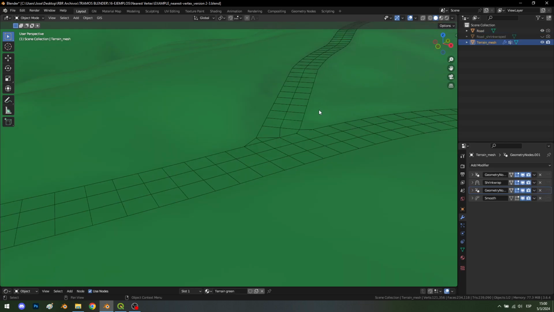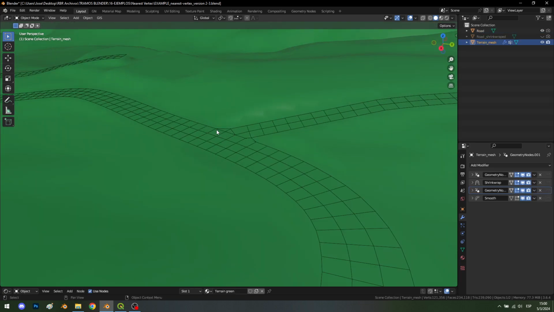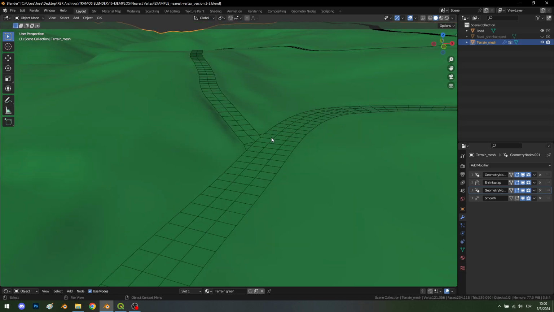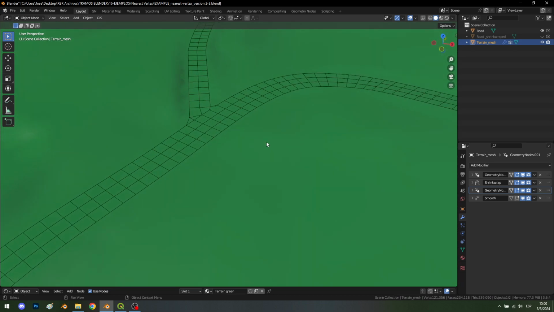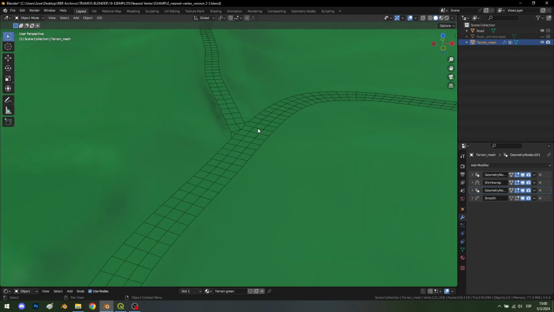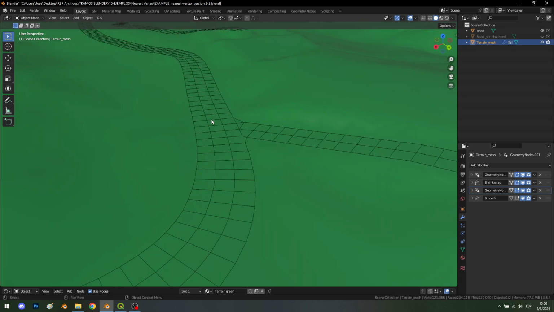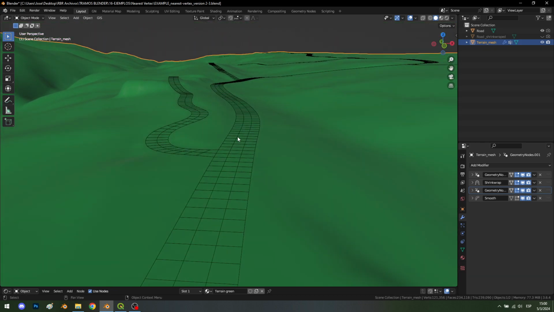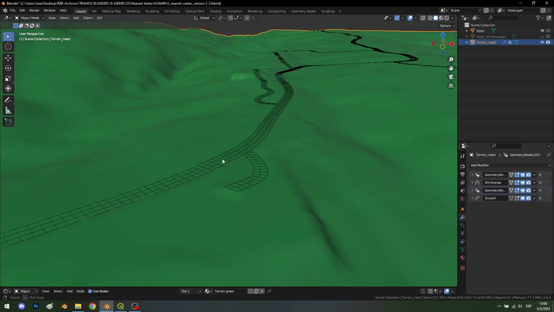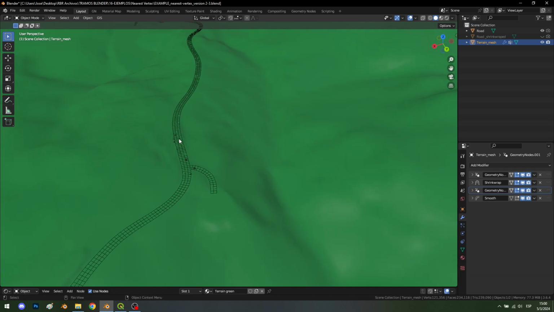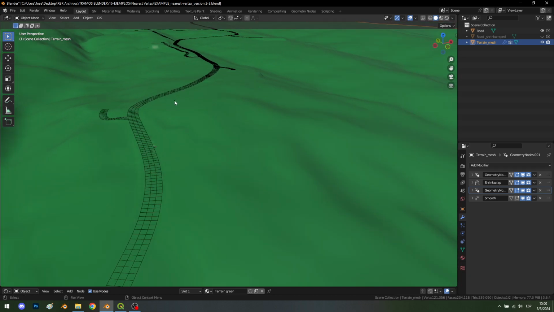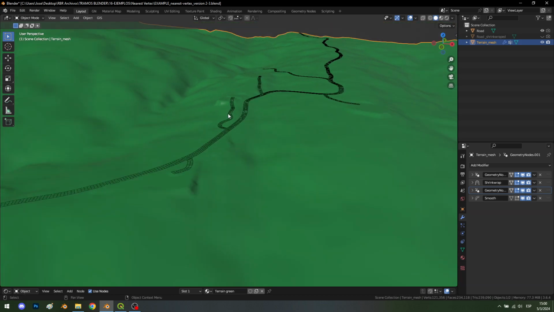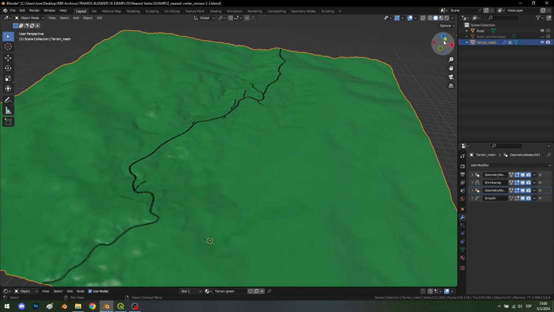So the main goal, the main objective of making this method, this way of merging road and terrain, was to make the work of merging a road in a raster elevation system environment more simple and automatic. I mean, this terrain is